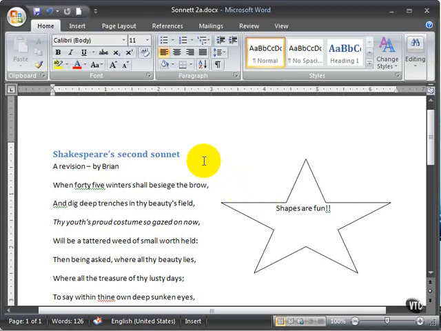In the previous module, we looked at how to add shapes to the documents, and so I've added a different one here, just a star, and I've added some text, turned it into a text box. And as I said, just added some text. Now we're going to look at how to manipulate that text box and/or the shape in a little more